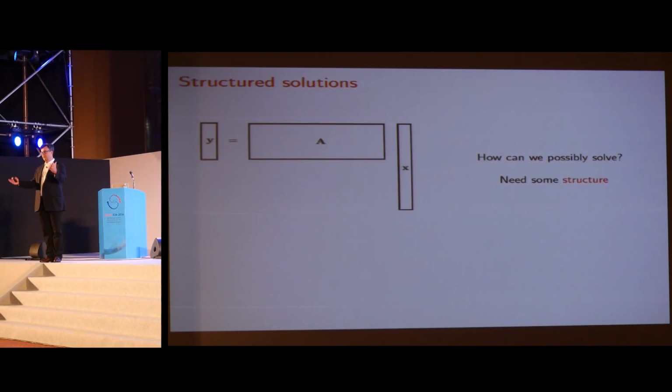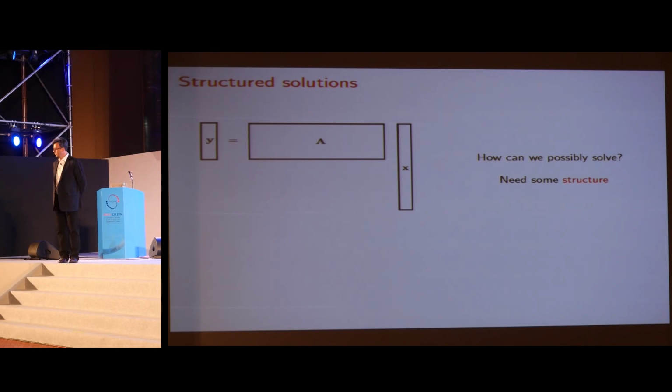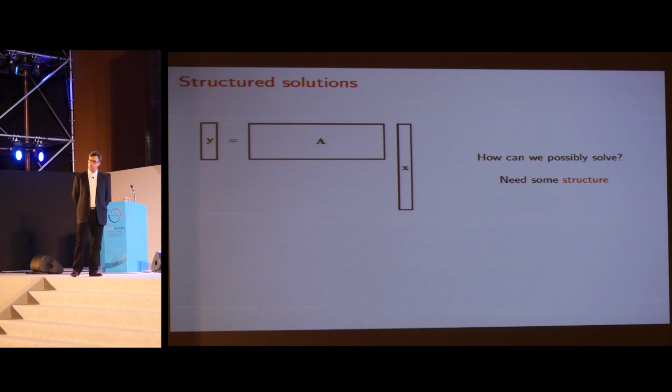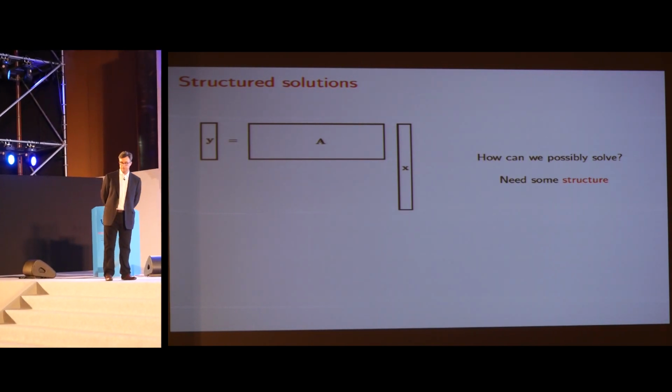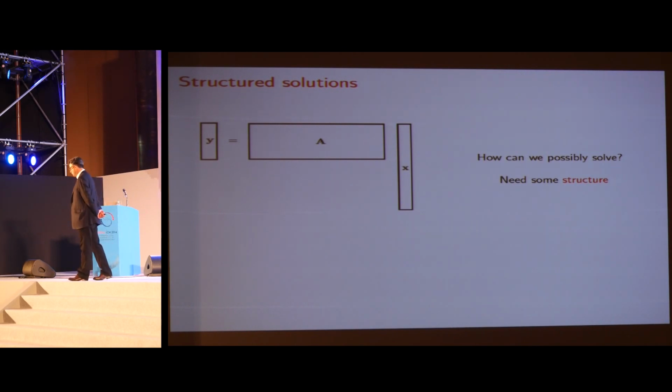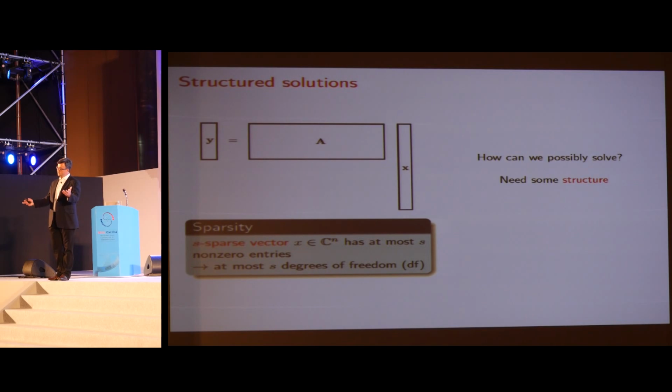All right, so everybody knows that underdetermined systems of equations typically have infinitely many solutions, so there's nothing I can do unless I assume some sort of structure about the vector x that is the solution. And in this talk, we're going to take two types of structures. The first, which was contained in the title of my presentation, is sparsity.